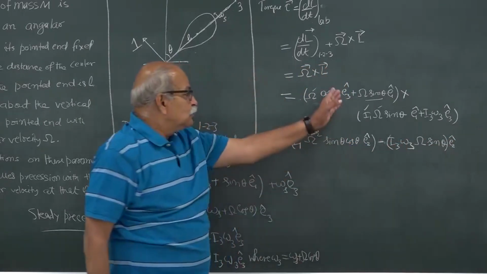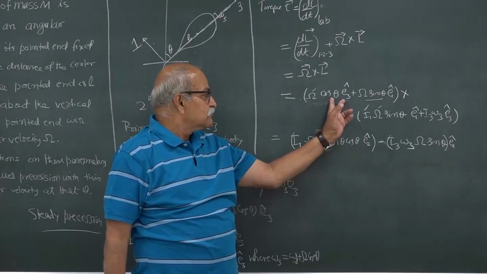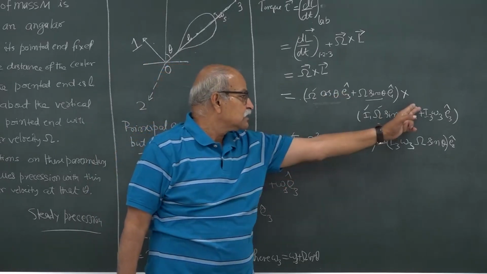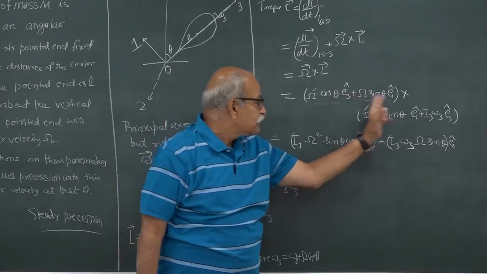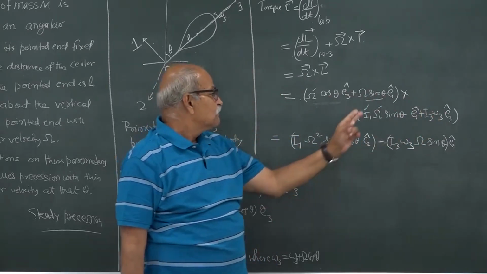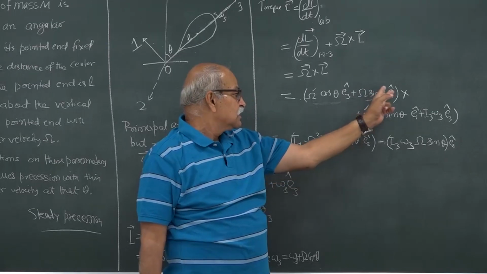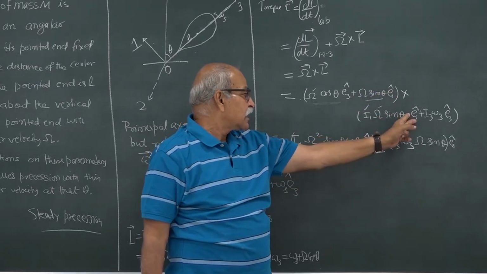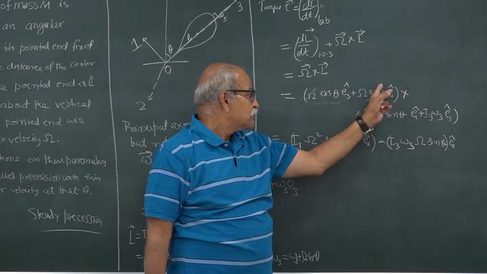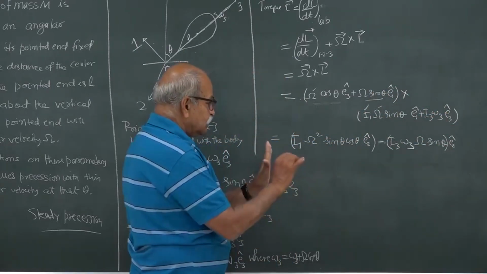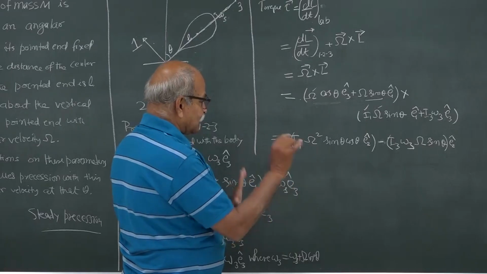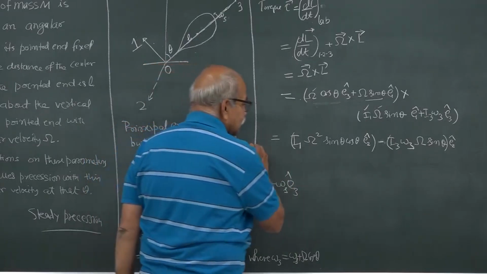Okay. When you cross product with this term, E3 cap cross E1 cap gives you E2 cap, E3 cap cross E3 cap is 0. When you cross with this term, E1 cap cross E1 cap is 0, and then E1 cap cross E3 cap gives you minus E2. So it is in the E2 direction. Okay. So this is the torque,